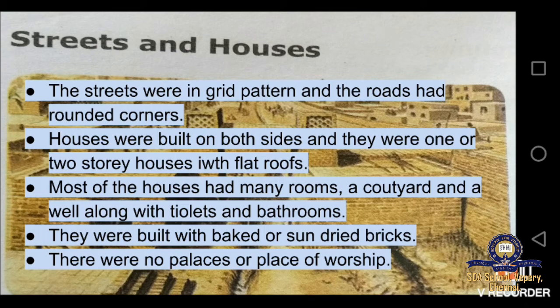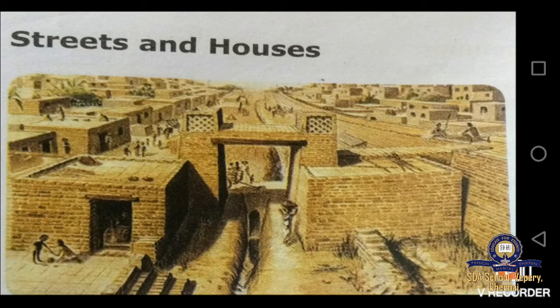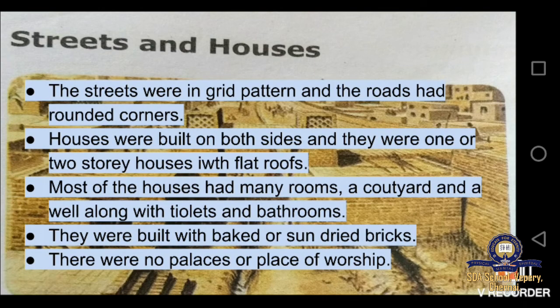Each and every house had a flat roof, right? Here you can see in the picture they had flat roofs. Moreover, most of the houses had many rooms, and they had a courtyard, that is a garden behind. And in the garden we see that there was a well, and it had its own toilets and bathrooms. So all the houses were built with good plan and design, and they were built with baked or sun-dried bricks,